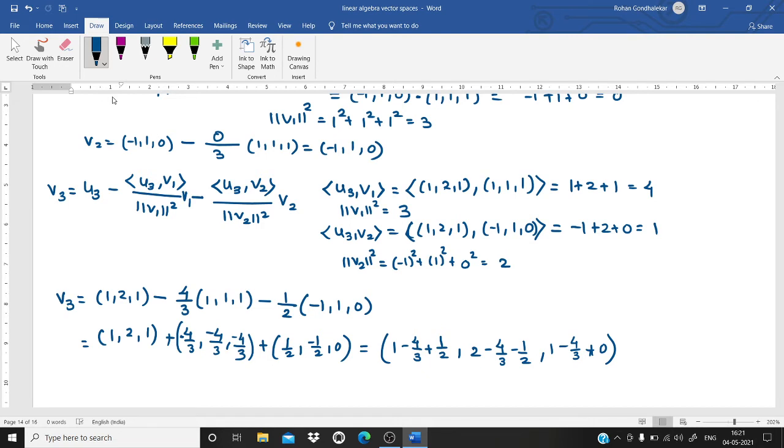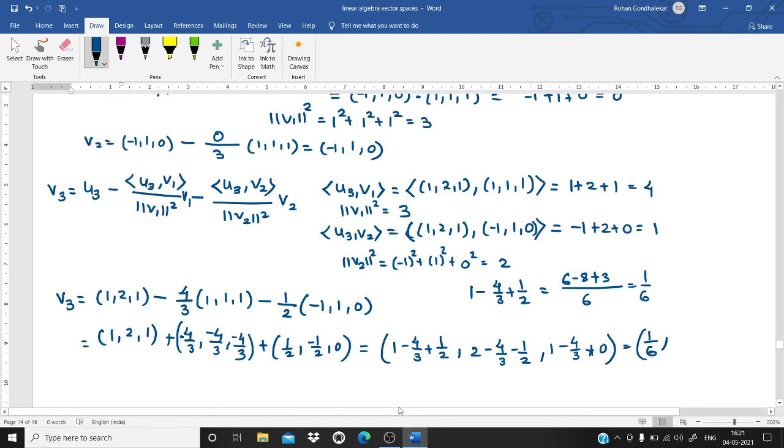No, it is not like that. As I am making the denominator 6 here, 1 minus 4 by 3 plus 1 by 2. As I want to make a denominator as a 6, we need to multiply the first entry by 6. Here it is 3, so we need to multiply by 2 with the numerator. So 4 2s are 8. And for this, we need to multiply by 3 in the numerator. So 6 plus 3 is 9. 9 minus 8 is 1. So we get 1 by 6. So yes, this is 1 by 6, comma 1 by 6, comma 1.